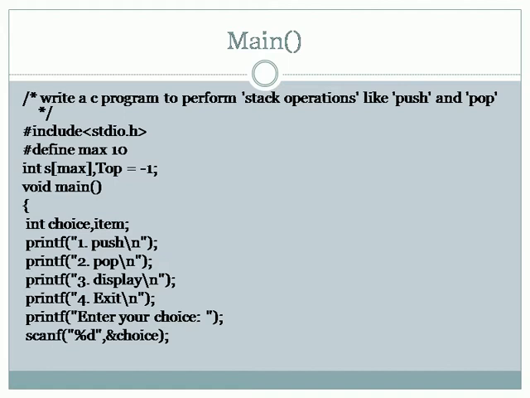Then we have a main function here where I have declared the two local variables int choice and item. The choice is a variable which is used to store the choice entered by the user. To perform the push operation, the user has to press 1, press 2 for pop operation, press 3 for display operation, press 4 to exit from the program. Whatever the user enters among these 1 to 4 is stored in the variable choice, which I have written using scanf("%d", &choice).